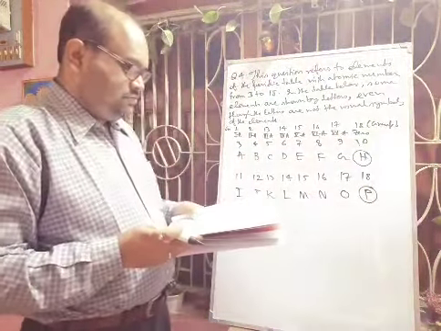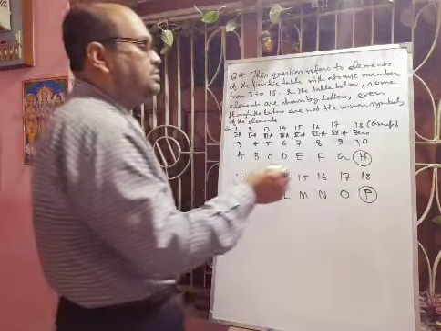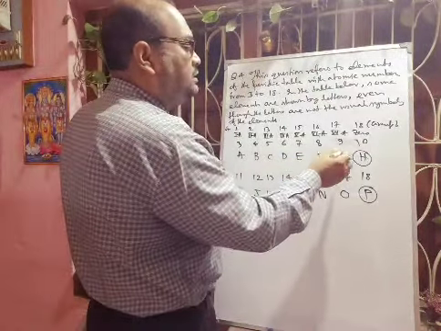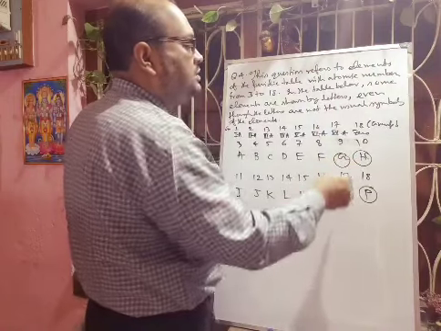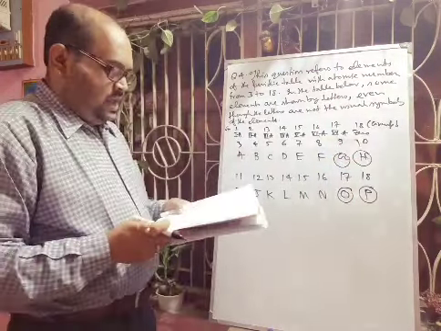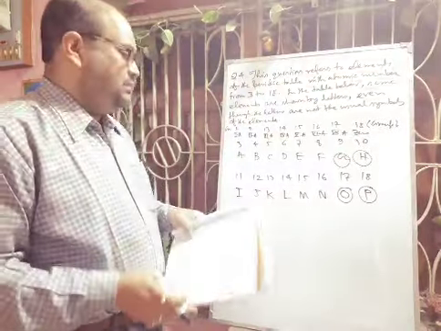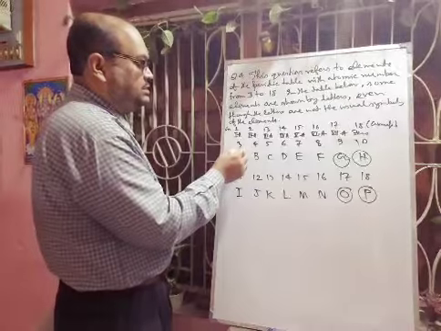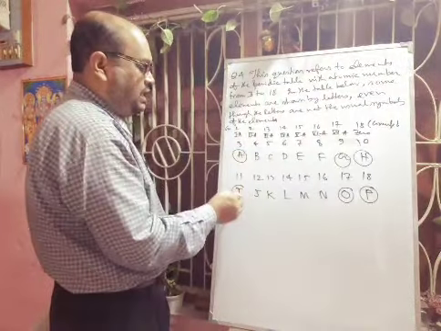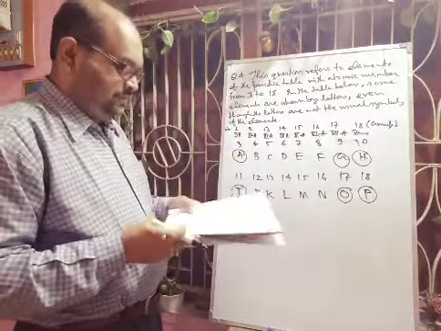Next one, a halogen. So halogen you can tell that G and O. So definitely this is the halogen group, group 17. And next one is an alkali metal. Alkali metal you can tell this one, that here C, this is the A you can tell, or I you can tell, these are the alkali metals.